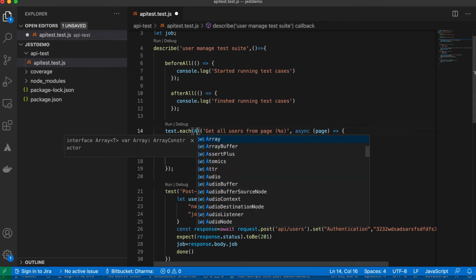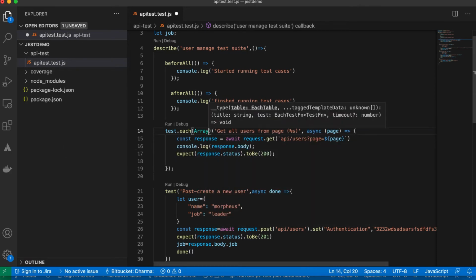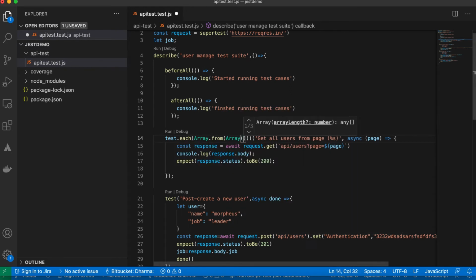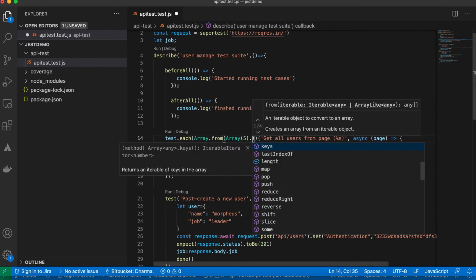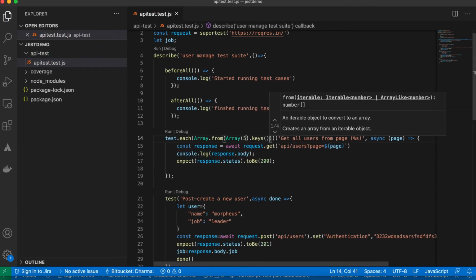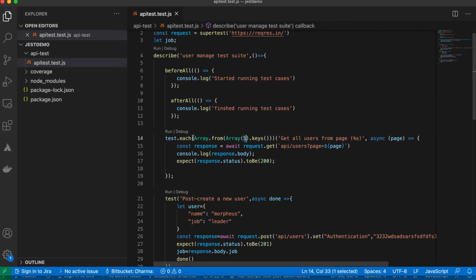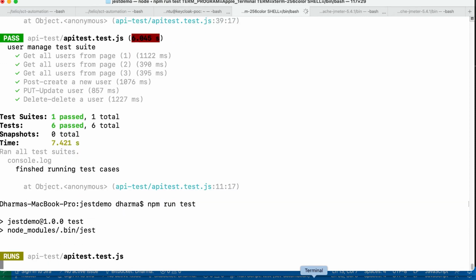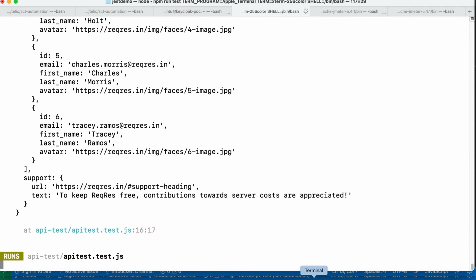Okay, there is also another option. Instead of 1, 2, 3, in JavaScript we have the capability of Array.from. Something like, I will give Array.from of 5 dot keys. This will return 1 2 3 4 5. So instead of hard coding, it will start from 1 anyway: 1 2 3 4 5. If you want 9, you can give 9 also. Let me give 5 only. This is a kind of optimization, as you can see. That's it. Simple.